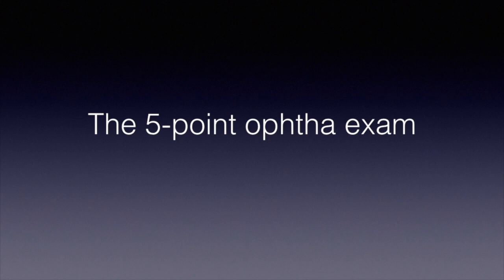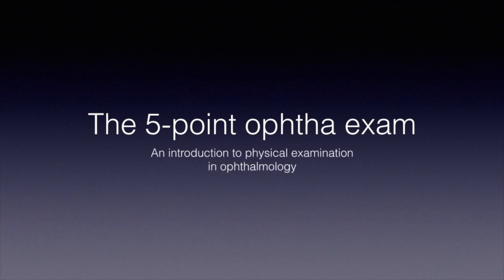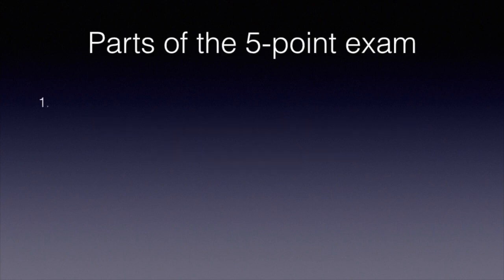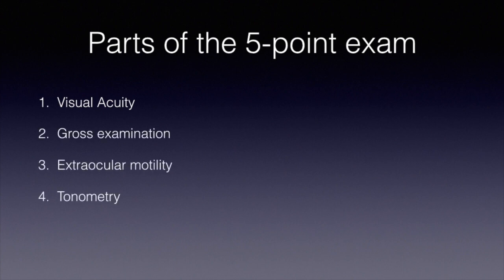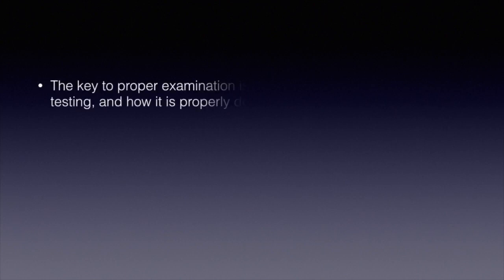Examination of patients with ophthalmologic problems should be done systematically using the 5-point ophthalmologic examination. This consists of 5 separate clinical tests that should be done in the proper sequence. The parts of the 5-point ophthalmologic examination in the correct order are as follows: visual acuity, gross examination, extraocular motility, tonometry, and fundoscopy. The key to proper examination is understanding what each part is testing and how it is properly